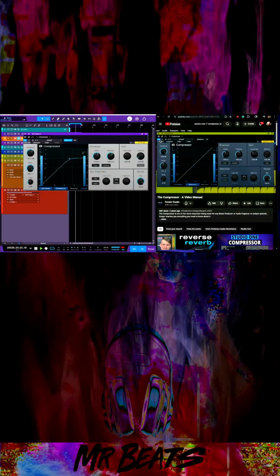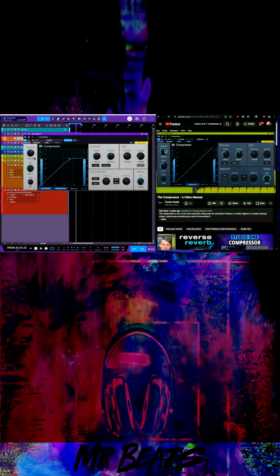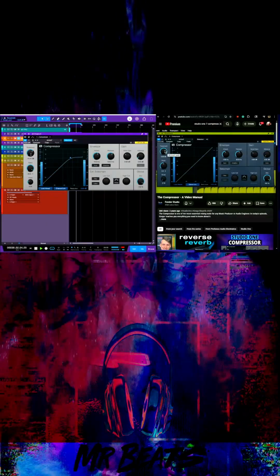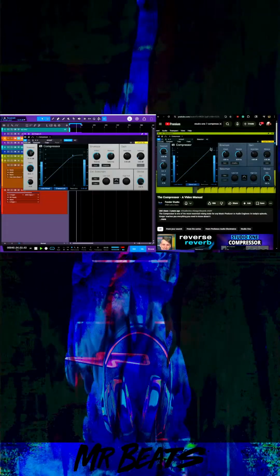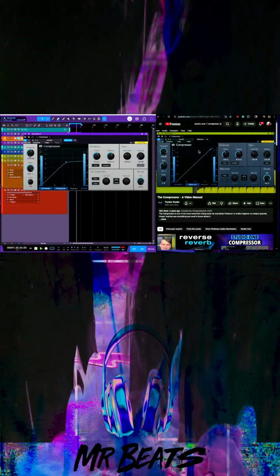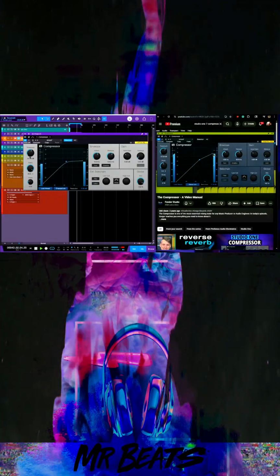There's probably a couple of people who would say, this is so much better already. Okay, now we're going to lower the threshold until we can see the gain reduction, a yellow line here in the display. And that means that the compressor is actually reducing peaks now that are